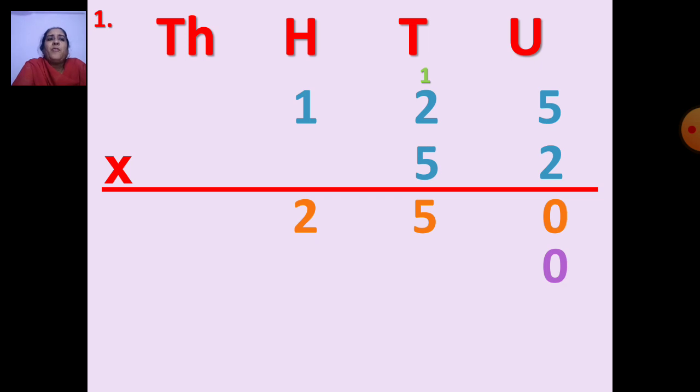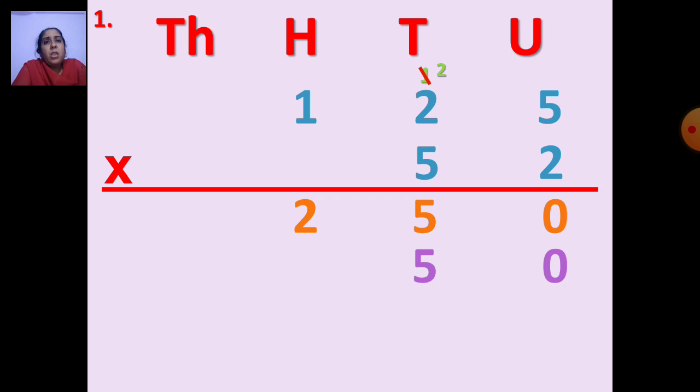Now we will multiply 5 with 5, then 5 with 2, and then 5 with 1. That is the numbers in the units, tens and hundreds place. Okay, so we are going to start. 5 5s are how much? 25. So 5 will come down and you have to write 2. You have to cut 1 and then write 2 carry over there.